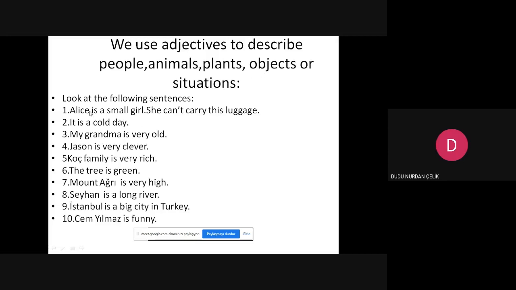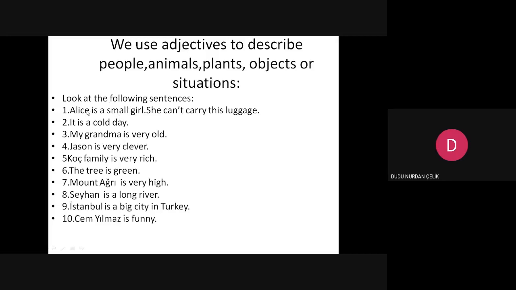Let's see more here. Look at the following sentences. Alice is a small girl. She can't carry this luggage. We describe Alice. We say she is small. She's a small girl. Small is an adjective here.